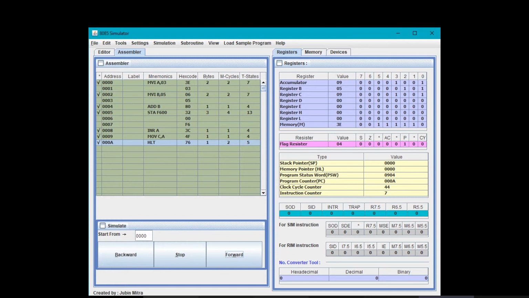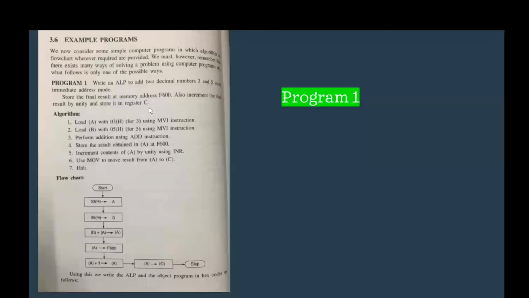All right. So we've almost covered an hour. I want to put it in register C. They want two values. One is what we have added in F600, and what happens after we increment that. So they want us to try out incrementing, they want us to try out storing, they want us to try out different instructions. That is the reason they have given a program like this.